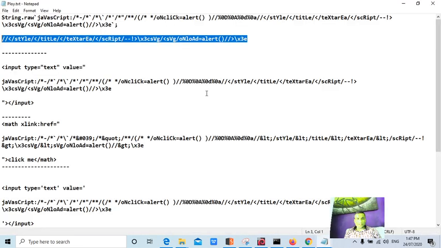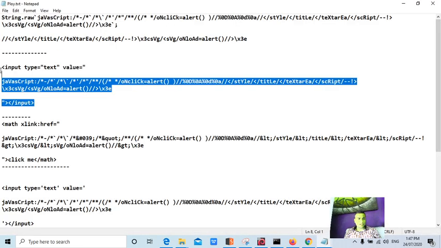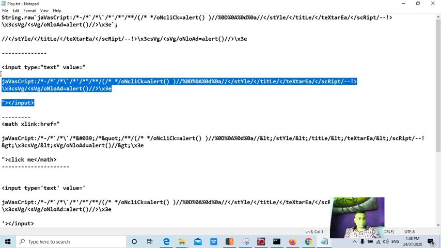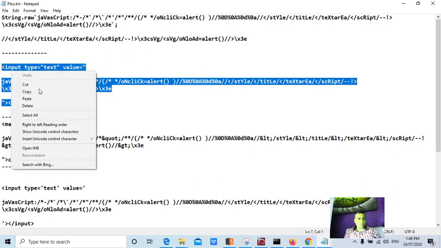If you could see, I have some of the payloads here. We are using some different concepts like JavaScript, comment lines, and percent 0D percent 0A, which we call CRLF, carriage return line feed. I'll talk about this. We can use this for splitting attacks, which I'll talk about in later sessions. This is something interesting, so let me copy paste this.